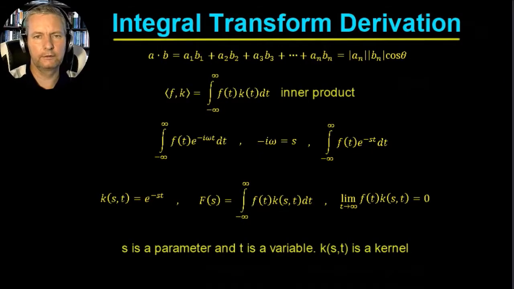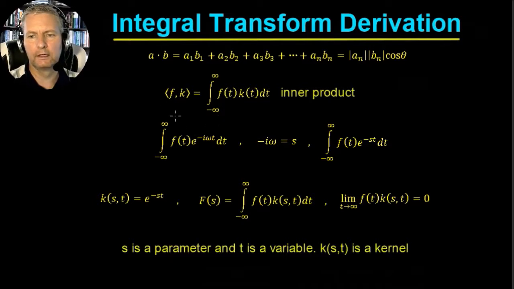So let's look at another derivation of the Laplace transform. If you can remember, when we did the original derivation of the Fourier transform, we thought about the dot product between two vectors, so the dot product a dot b would be a1 b1 plus a2 b2 all the way up to an bn. Now, if we were to write this as a general inner product,